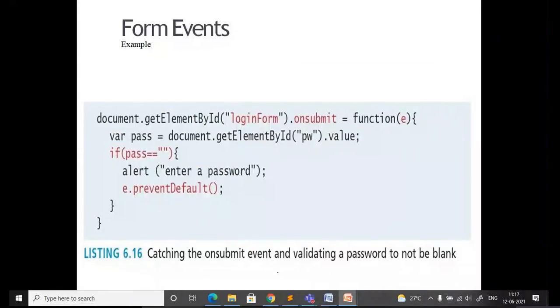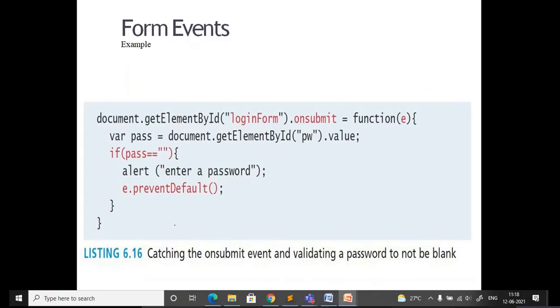Okay, so this is for onsubmit of a login form. So onsubmit, it is going to invoke the function. In case the password is not entered, here you are writing something like validation. Okay, so for the validation part, you are catching the onsubmit event.